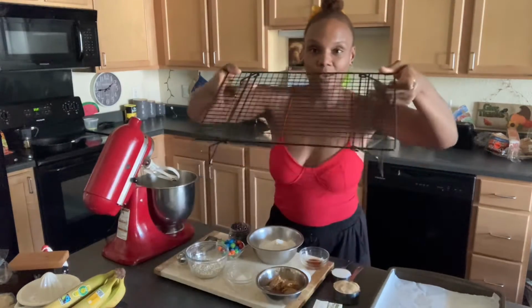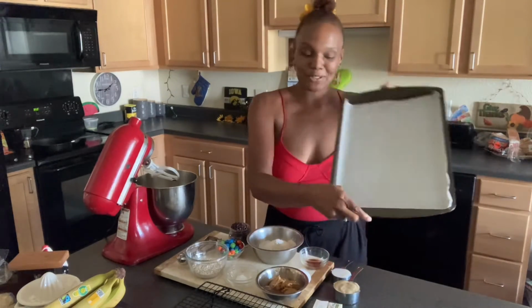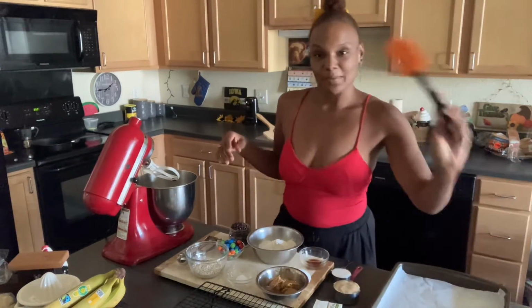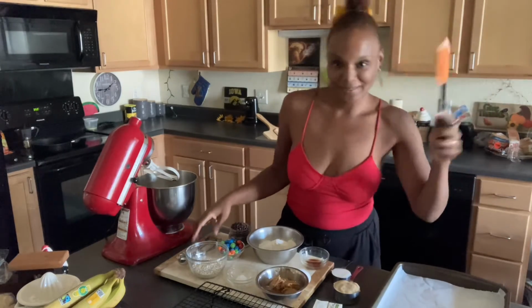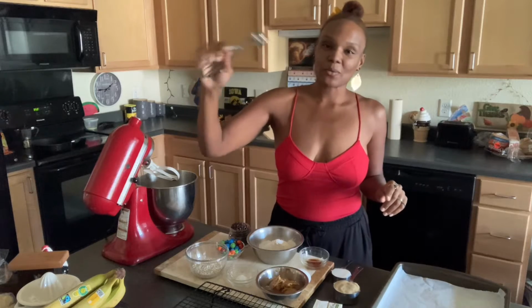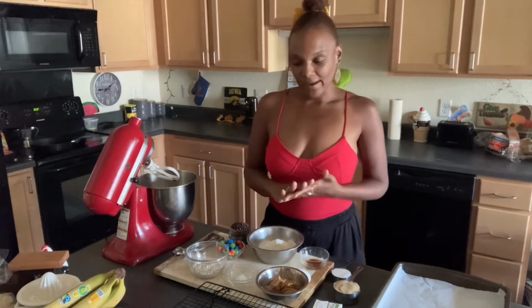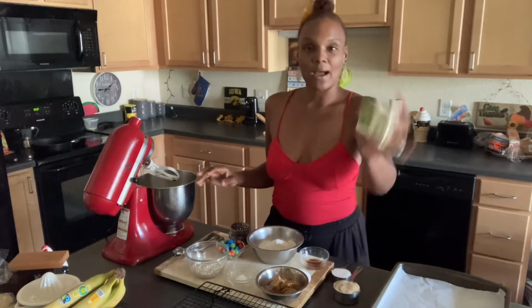Also want to have a wire rack, a cookie sheet with parchment paper, a spatula, this is covered in butter, and then your cookie scoop or a tablespoon. So for the ingredients that I have, I'm going to start with a half a cup of butter, which